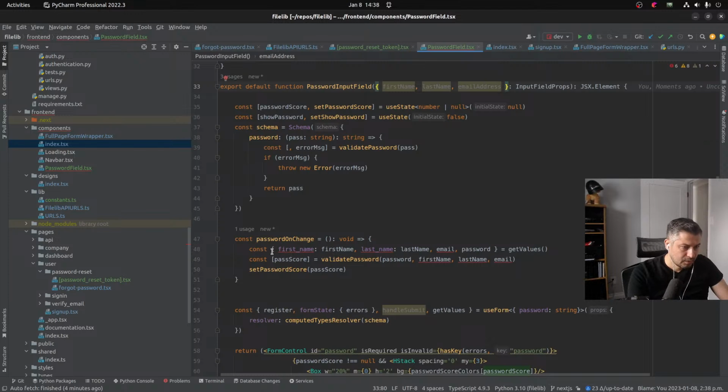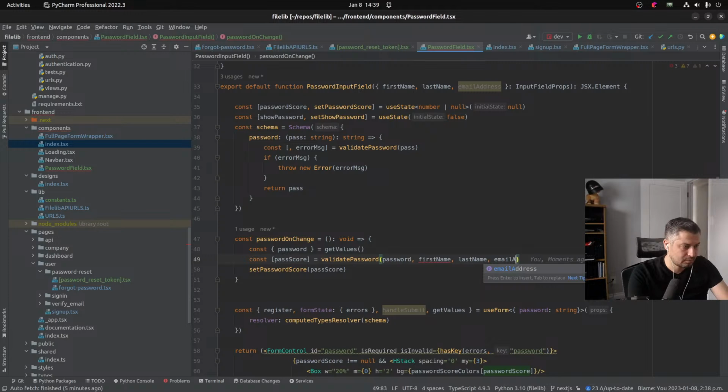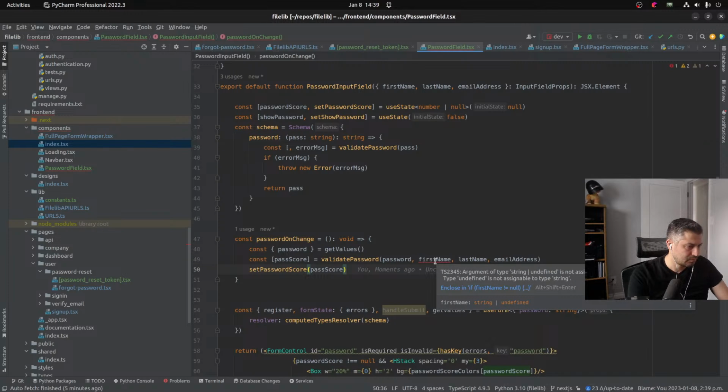So we don't need these anymore, right? We actually just need the password. Okay, we just need the password, and then first name, last name, and then email address. Cool. Why are you complaining? Yeah, pass it if it is there. If it is not,